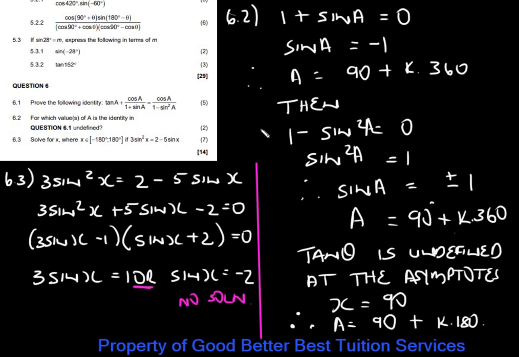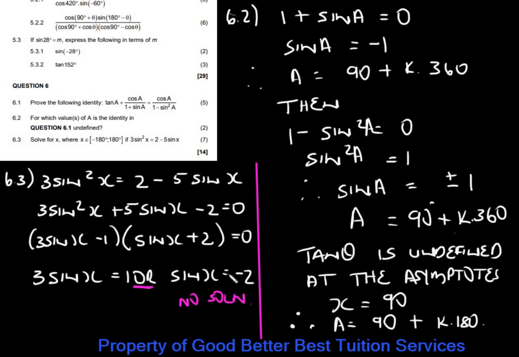Let's look at 6.3. 6.3 is a general solution sum. We have 3 sine squared x is equal to 2 minus 5 sine x. What we want to do is get everything over to the left hand side and the right hand side equal to 0, so that we can factorize the expression. And once we factorize, we see that we get 3 sine x minus 1 times sine x plus 2 is equal to 0. And we have 3 sine x is equal to 1,